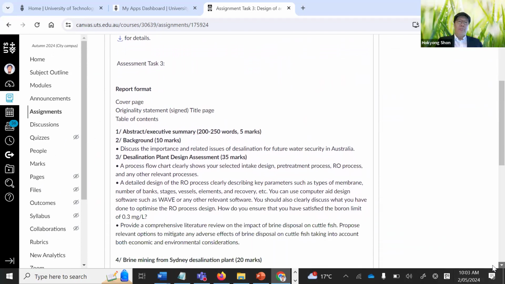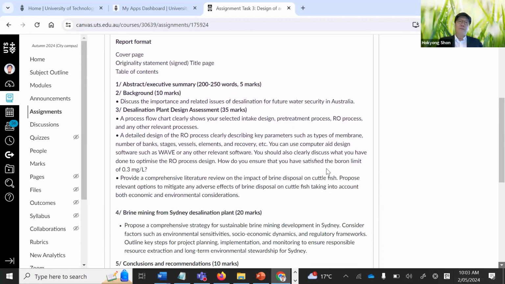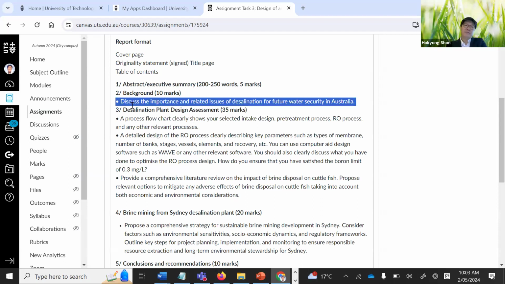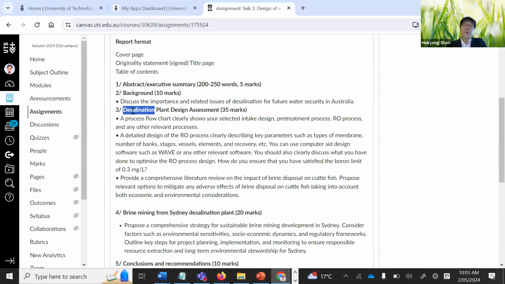So assignment 3, very similar format of abstract. Already you have experience in assignment 2. The background: discuss the importance and related issues of desalination for future water security in Australia. So you can utilize your scenario. So what's the water security issue in Australia, and what's the background? It's 10 marks. And then you need to